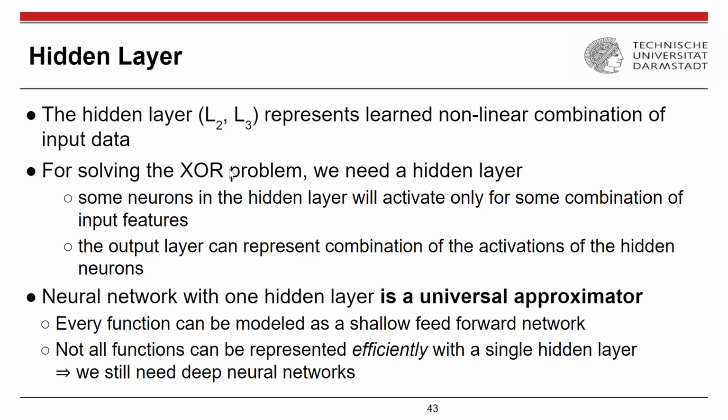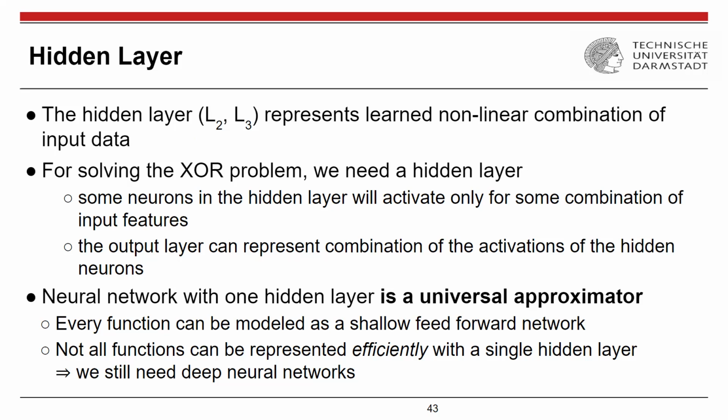If you try to do it in your free time, it's a fun exercise I would encourage you to do. You will see that a single layer neural network is not good enough. You need a hidden layer to complete this particular task. And it has been shown mathematically that a one hidden layer neural network is a universal approximator. That is, it can approximate, with some amount of error, any function that is out there.